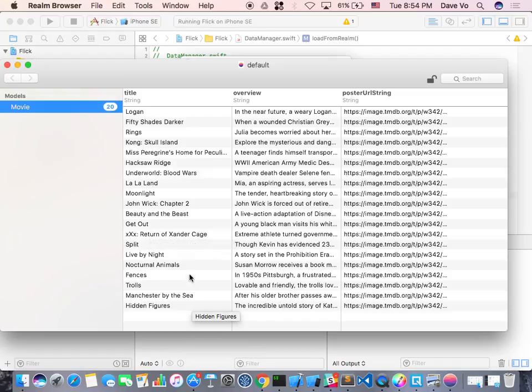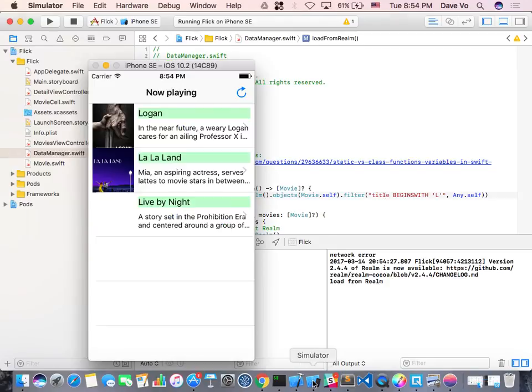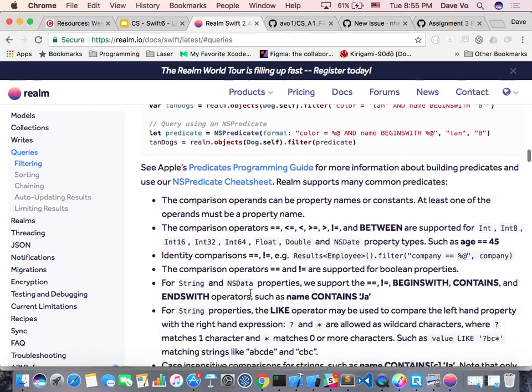We start with an L. So it says load from Realm, and then here it just filters out from it. Right. Earlier, if you wanted to use, for example, UserDefaults or the file system, you need to read everything and then filter it yourself. But in this case, say you have your database with 1,000 lines. You don't want to read everything. You just want to read a few things, similar to what you do with SQL before. Right. And on this one, it has some other